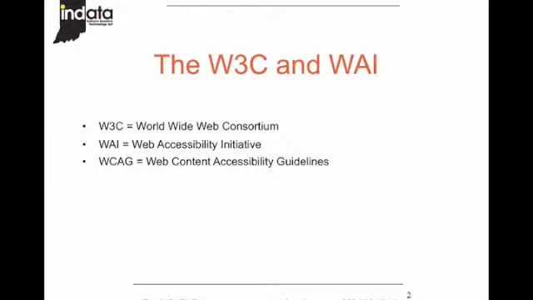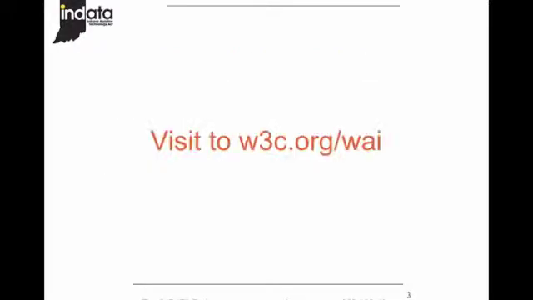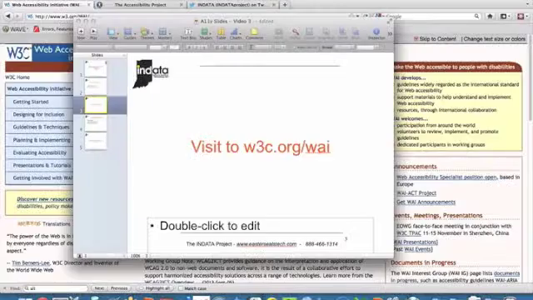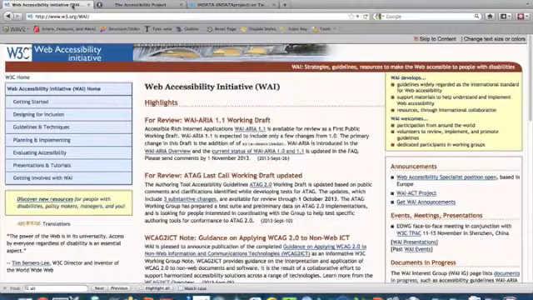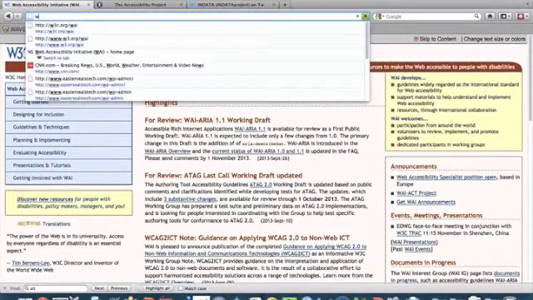And then the last thing here is the WCAG, or WCAG for short, and those are the Web Content Accessibility Guidelines. This is a set of guidelines that's been revised and updated over the years. It's currently in version 2.0, and it provides lots and lots of technical details about how to create web content that's accessible. So we're going to go to the W3C's website here, and we're going to check out what they have. So if you go to